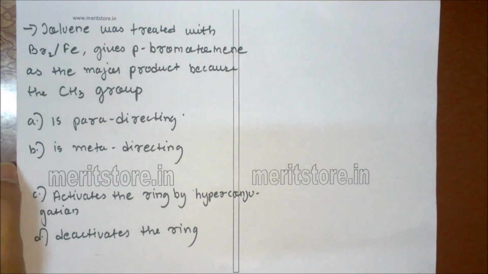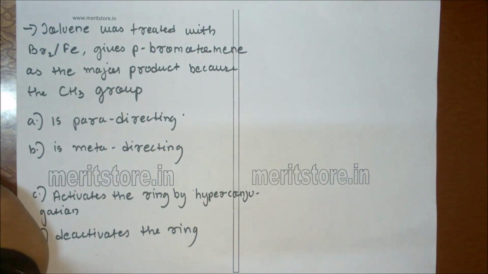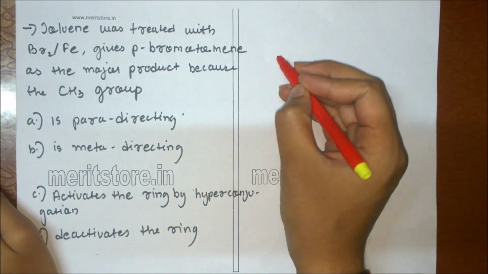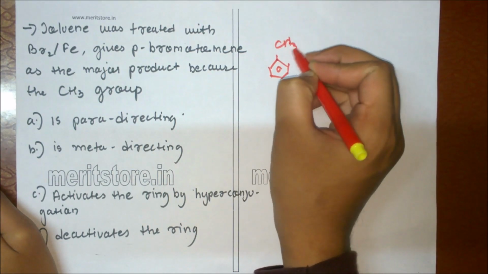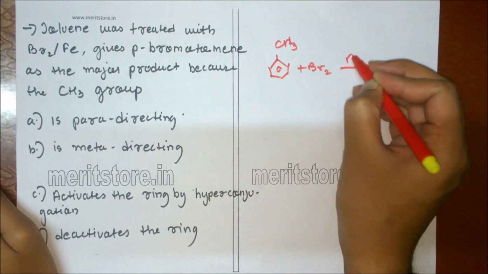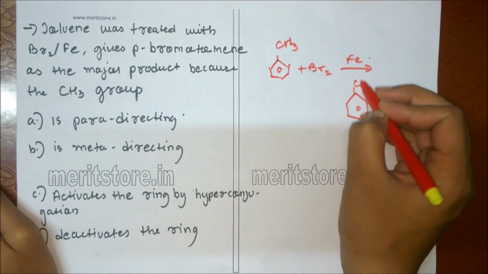Toluene was treated with bromine and iron, which gives parabromotoluene as the major product, because the methyl group CH3 is: A. para-directing, B. meta-directing, C. activates the ring by hyperconjugation, D. deactivates the ring. So the given structure of toluene will be this. It reacts with bromine in the presence of iron. So the product will be parabromotoluene